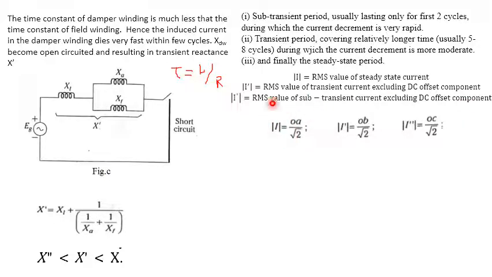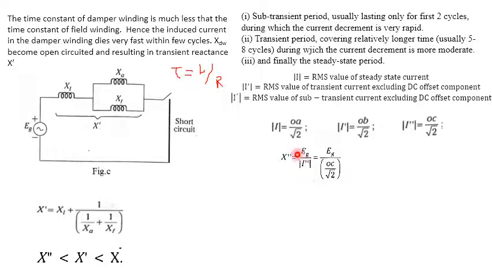So already we know from the waveform that I is equal to OA by root 2, subjected to steady state. I dash is subjected to transient, and I double dash is subjected to subtransient value of the DC offset current. So from this, there is a gradual decrease in the current because of the time varying reactance. Already we know that it depends upon the L by R ratio. So hence we can conclude that the reactance, Eg by I double dash,